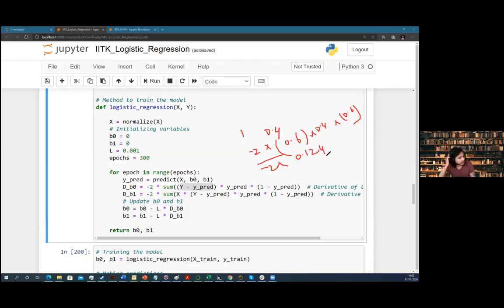0.124. This will be the output, right? No, sorry, 144, no? Right. So the output of this will be minus 0.288. Okay. So this will be db0 and db1. Then you calculate b0 as b0 minus loss multiplied by db0. Okay. So this is how b0 will be updated, and then b1, and then you will again go back